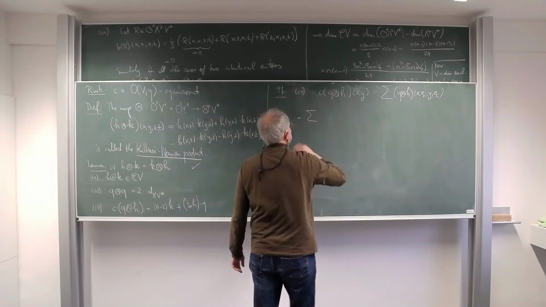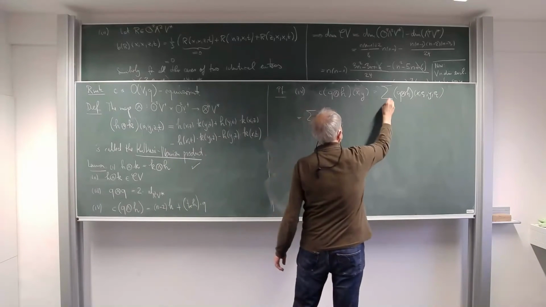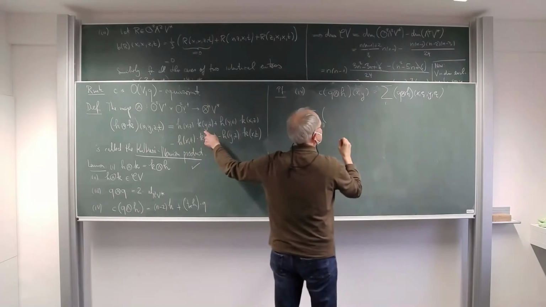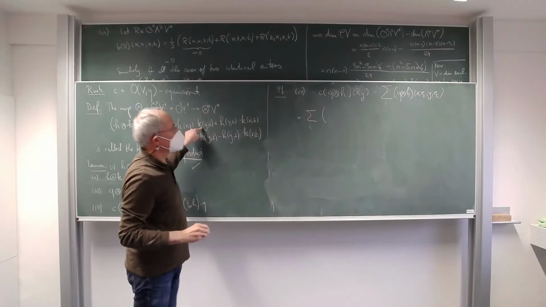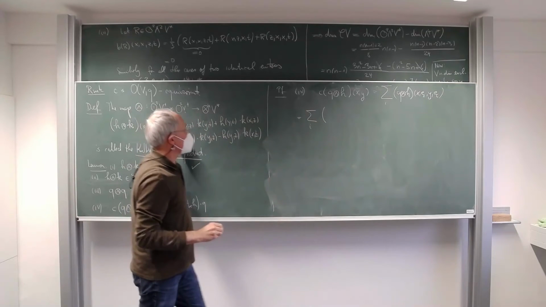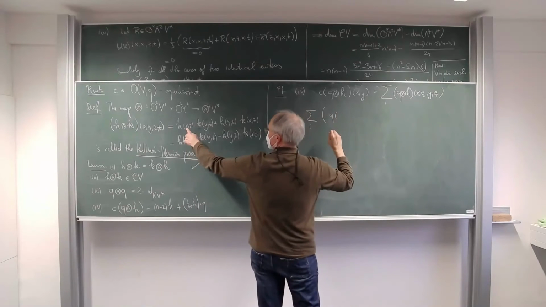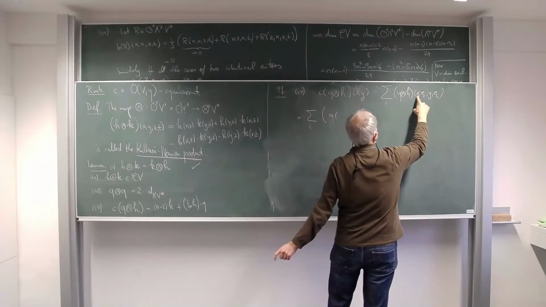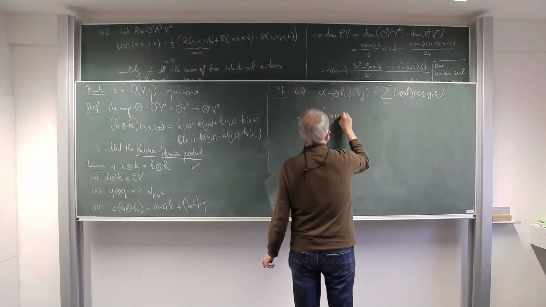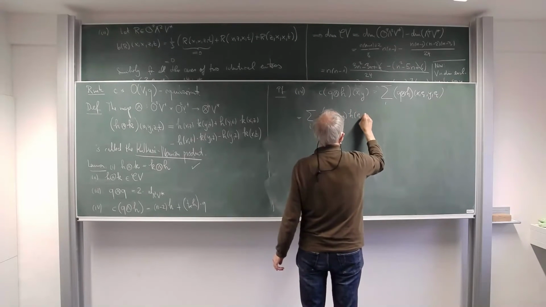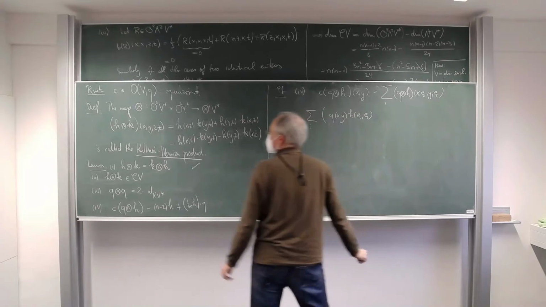So that is the sum of, now we have to use this formula here, where I replace k by h and h by q. So we get q of first and third, which is x y, times h of the other two, plus,